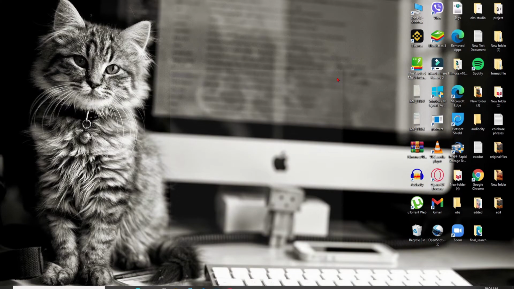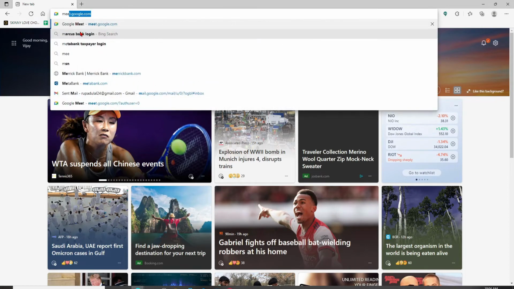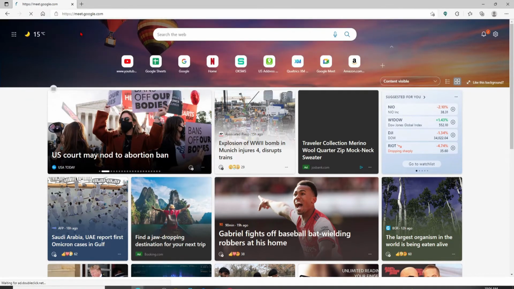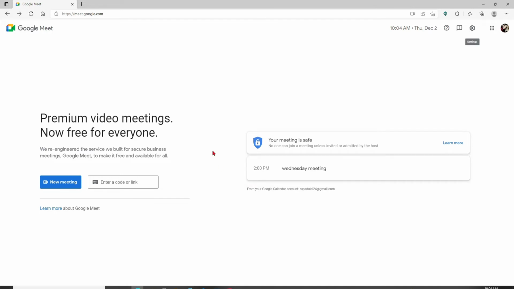Open up a web browser to begin. Log into your Google Meet account by typing in meet.google.com and pressing enter. Make sure you're logged into your Google Meet account by entering your Google credentials, and once you're inside, go ahead and quickly start a meeting. In order to quickly start a meeting, let me click on the New Meeting button and click on Start an